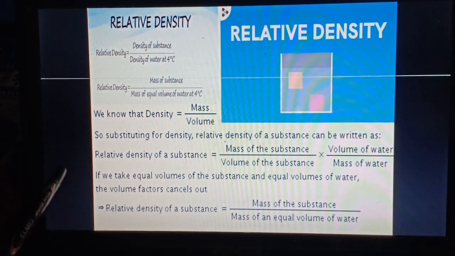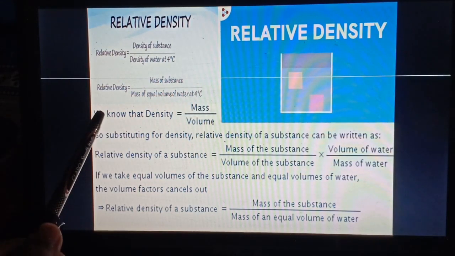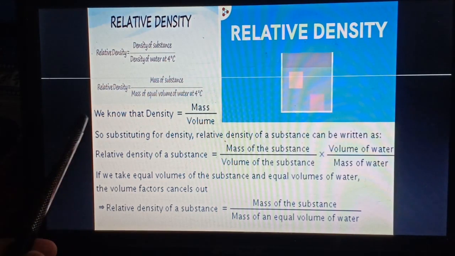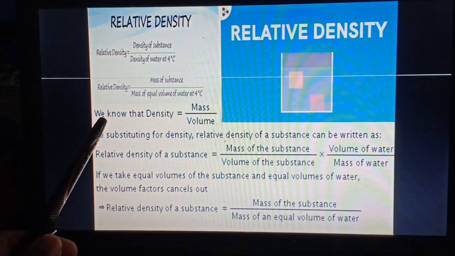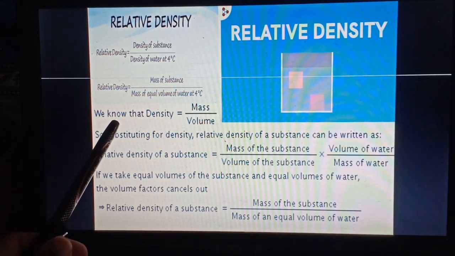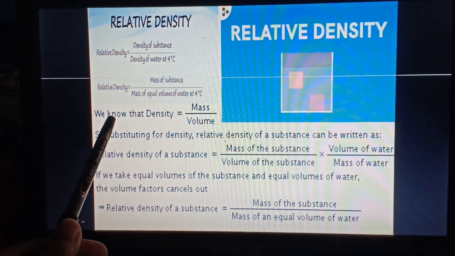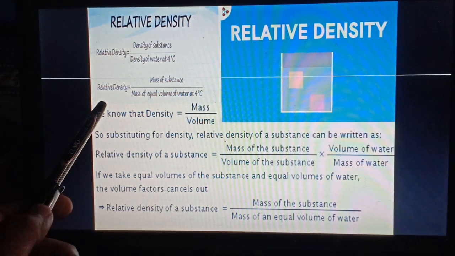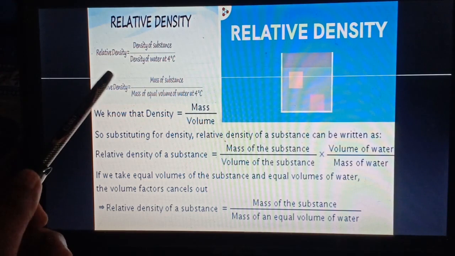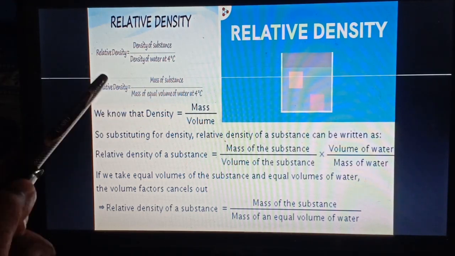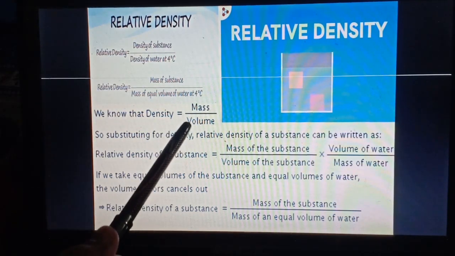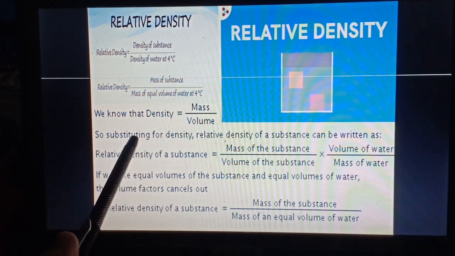So we will be getting a topic like relative density. What is relative density? Density is basically the mass of a substance in unit volume, mass per unit volume. That is known as density. Now what is relative density? Relative density is the density of a substance compared to the density of water at 4 degrees Celsius,